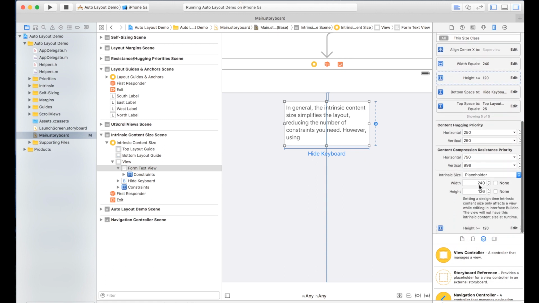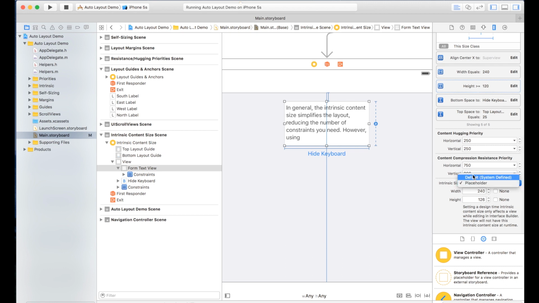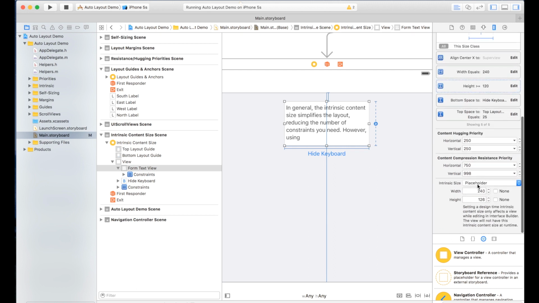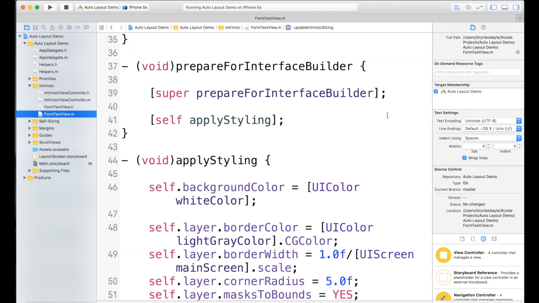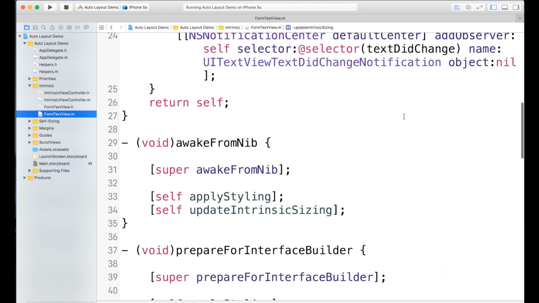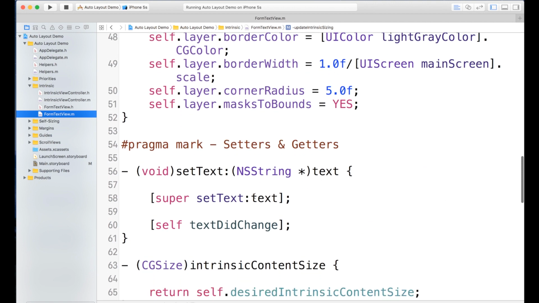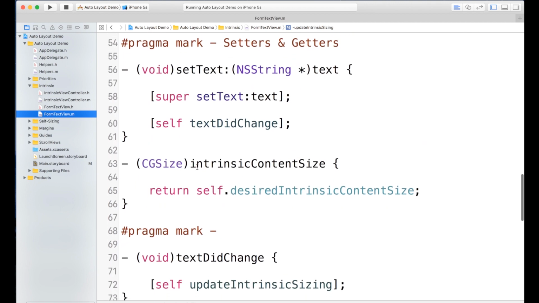So I've got that there, and then down here you'll see usually this is set to default, which is system defined, but I have it set to placeholder intrinsic content size at 240 by 126. So this is just for Interface Builder. It goes away at runtime, but where it actually gets the intrinsic content size is here in my subclass, right? So let me walk you through this real quick. It's got some styling here, and I've overridden the method intrinsicContentSize, which is a method on UIView,